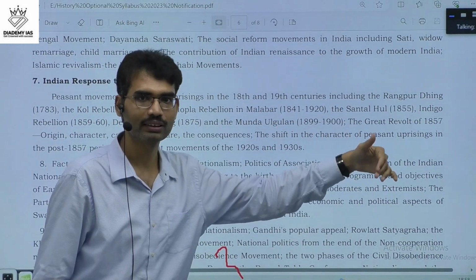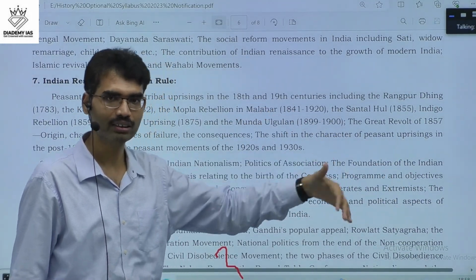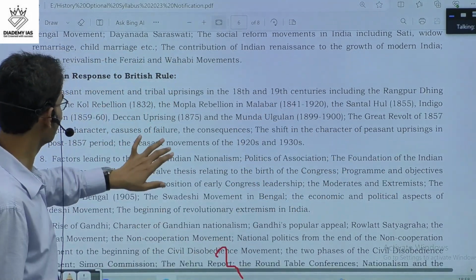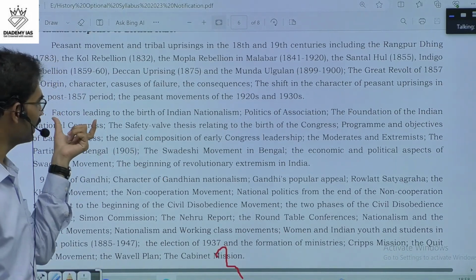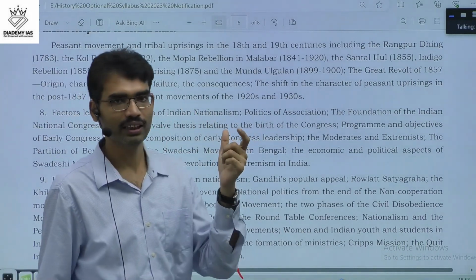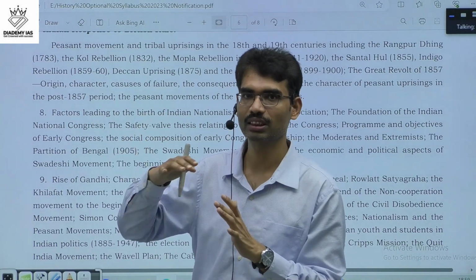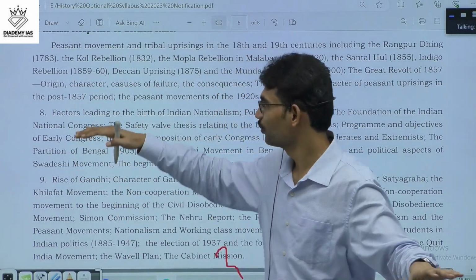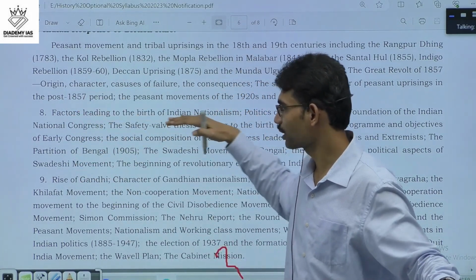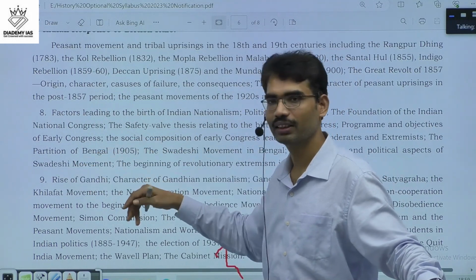Peasants revolted, tribals revolted, and soldiers revolted. That's what. Then when it comes to 1885, people started knowing that peaceful reformation is important at the political level. From 1885 onwards, birth of nationalism, rise of Gandhi, it's about